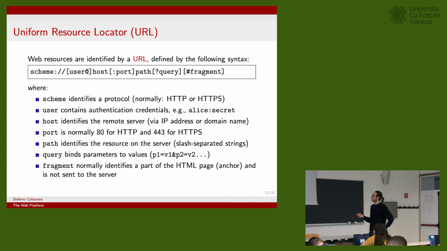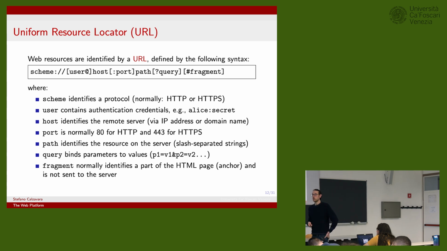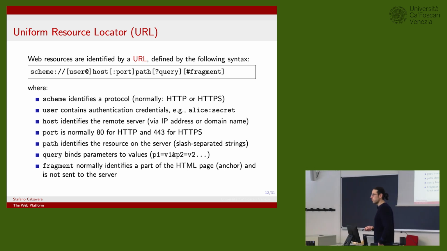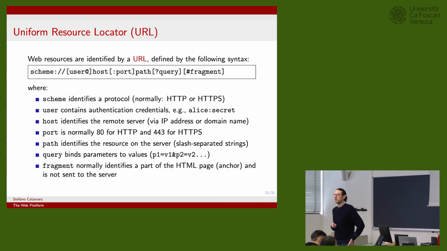However, as I mentioned, the syntax of URLs can be complicated and include additional components. One component you're probably not familiar with is the authentication credentials. In the URL, you can prepend, using the @ symbol, a username and password pair. For example, Alice:secret means I'm user Alice and the password is secret. You can exchange credentials using HTTP, using a mechanism called basic authentication, which is basically not used in modern web applications, but it's part of the syntax of URLs.